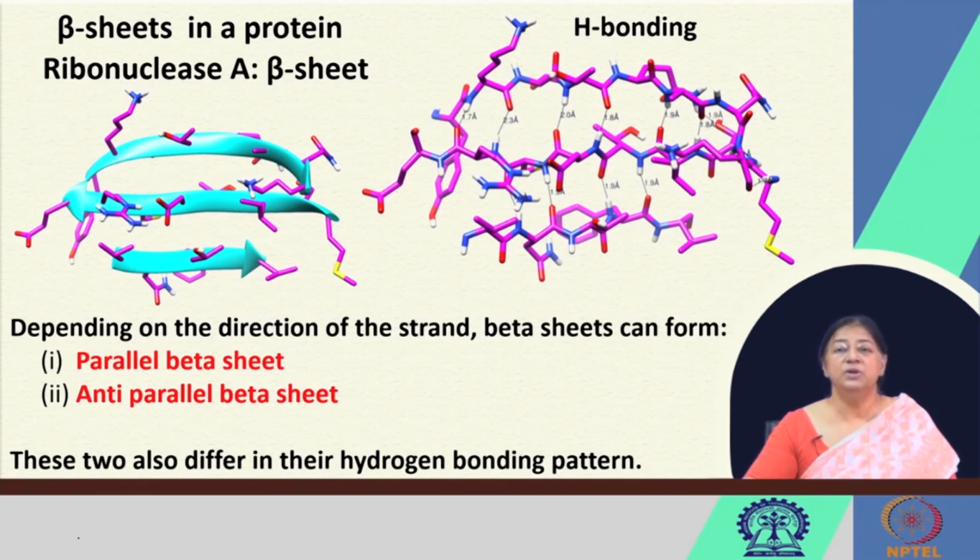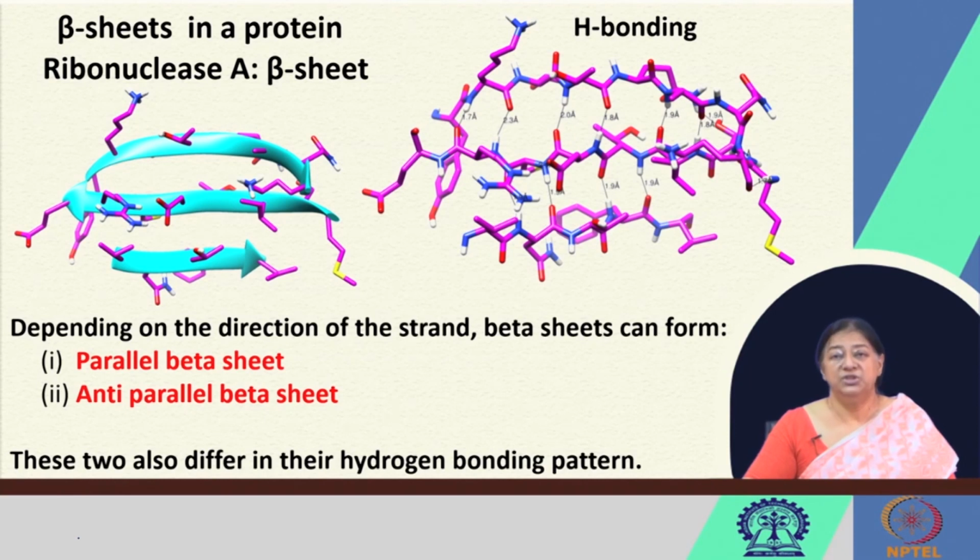Similarly, the hydrogen bonding nature for the alpha helix would depend upon the type of helix that we have, in terms of whether it is going to be i plus 4, i plus 3 or i plus 5. Now, another major difference between the alpha helix and the beta sheet is their specific locations in